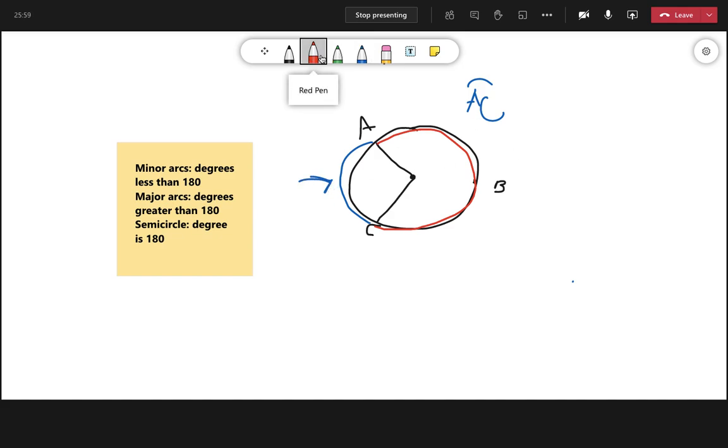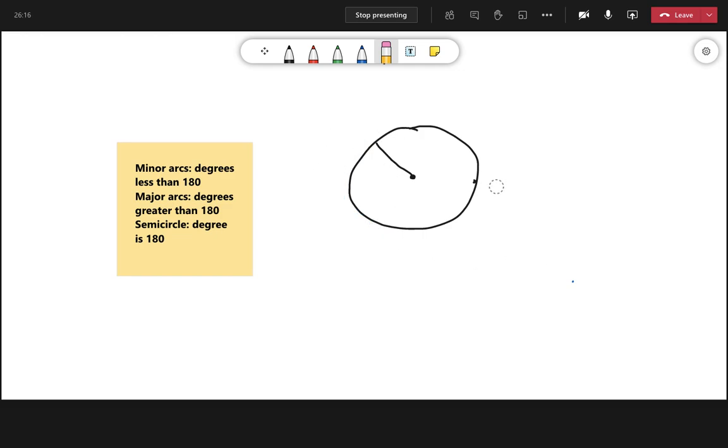If you say arc ABC, you know B is part of the line, making it your major arc. And then a semicircle is a little bit different. Let's look at the semicircle. Again, semicircles also have to be written with 3 letters. You only need 2 for a minor and 3 for major